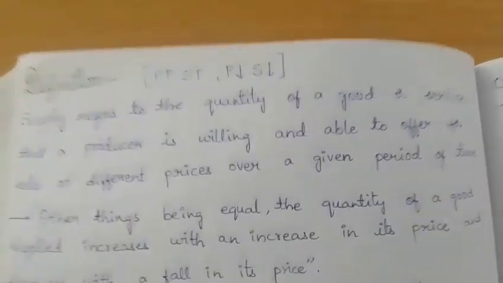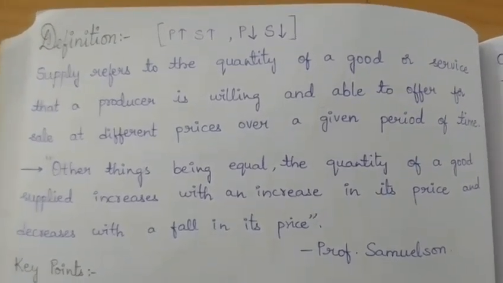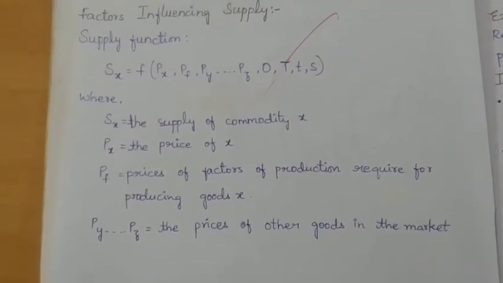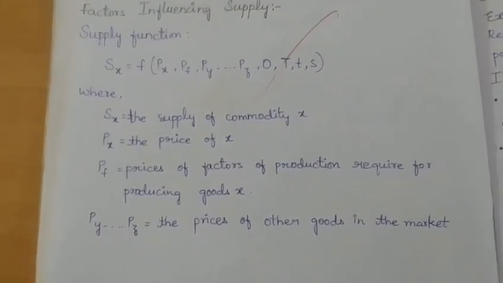Supply analysis. When you start reading, everything goes this way. When price increases, supply increases; price decreases, supply decreases. Simple meaning and definition. Then comes law of supply. Like I've told you, for law of demand, law of supply is most important. Any answer that you're getting from supply, you will have to write this supply function. It's here and it's here.